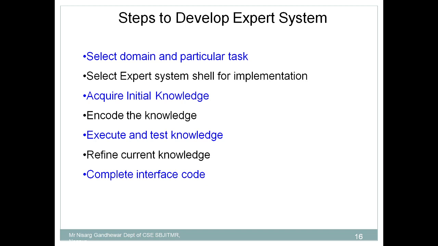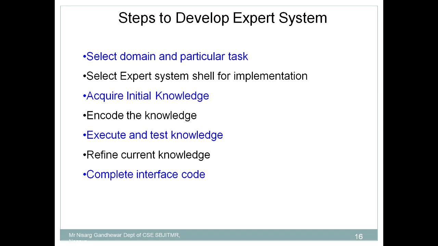After that you have to do some kind of refinement in the current knowledge, because an expert system is a rule based system where we need to feed the knowledge according to the rules being formulated. So the knowledge base is going to be changed. The knowledge base is a very important part in the expert system, and that has to be updated very frequently. By considering the current knowledge that is available, because day by day new knowledge is being generated, and we want our expert system to be capable of giving a response to a new query, a new kind of disease. So in that case refinement of the knowledge base is very important.